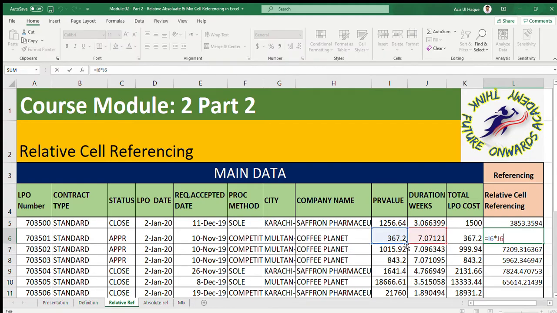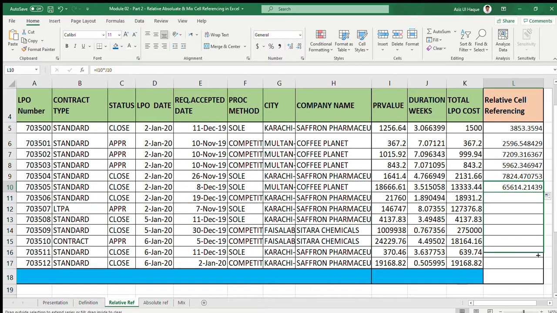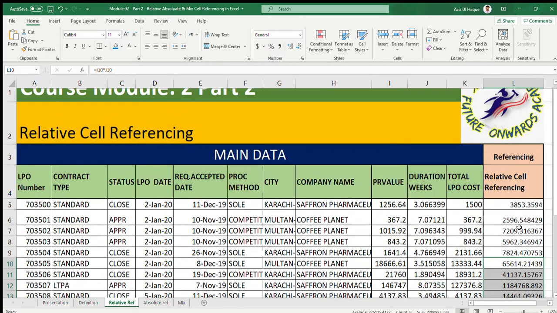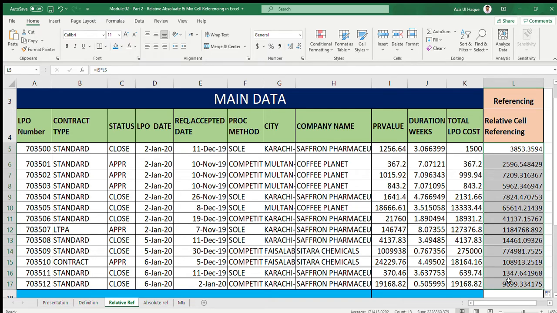This one is this one, I multiply by J. In all the rows, it will behave like this one. So when I am dragging the information downwards, it will do the same for me, either multiplication or division.